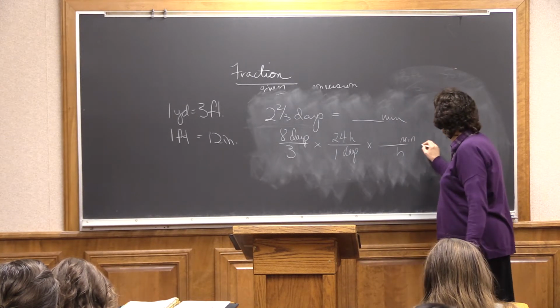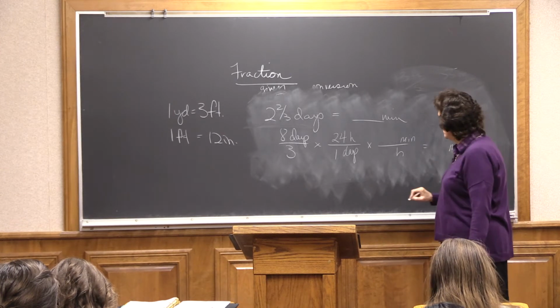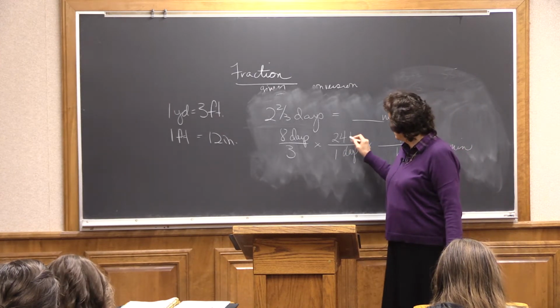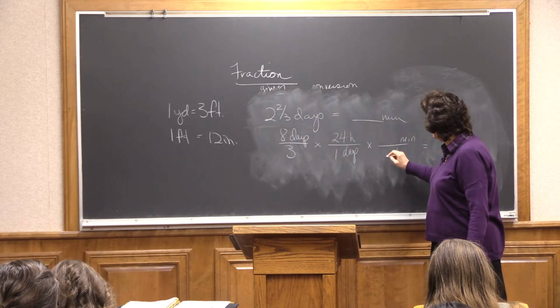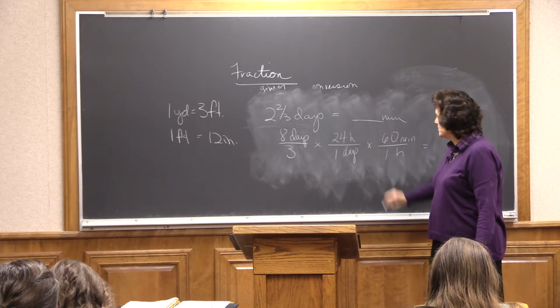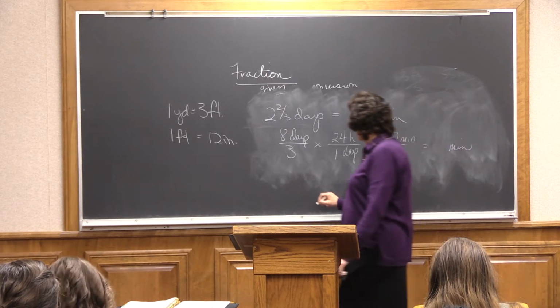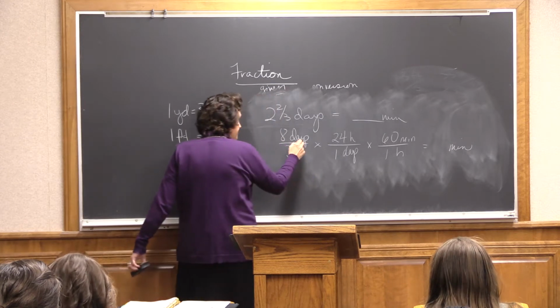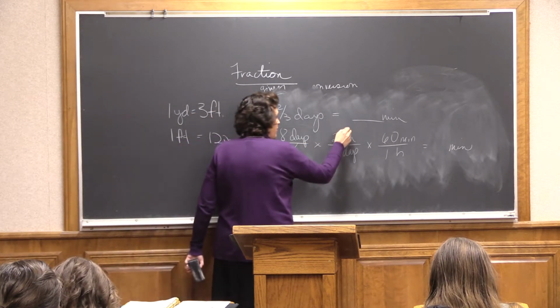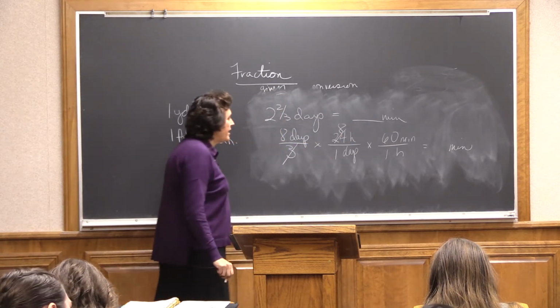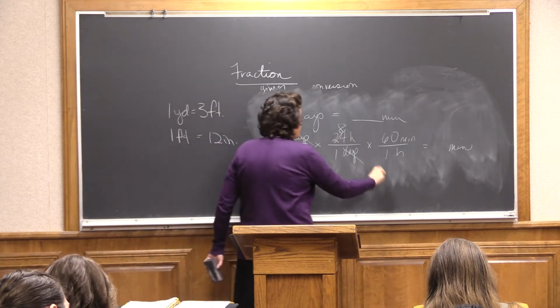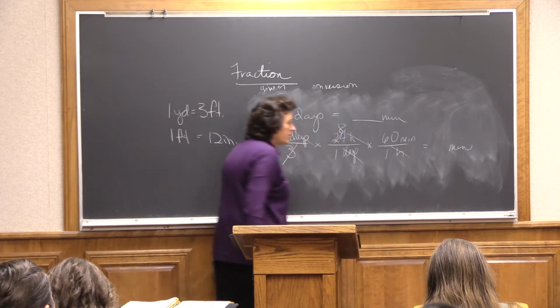So I know that 1 day is 24 hours, 1 hour is 60 minutes. So what I'm going to do is I'm going to get rid of the 3. 3 goes into 24 8 times, and then the days cancel out, the hours cancel out,